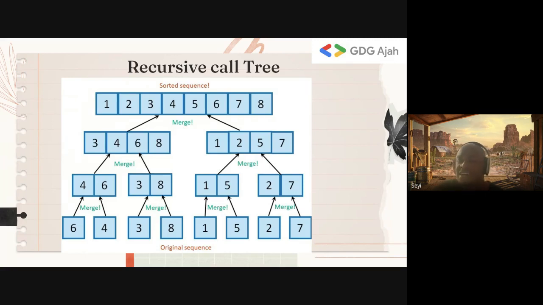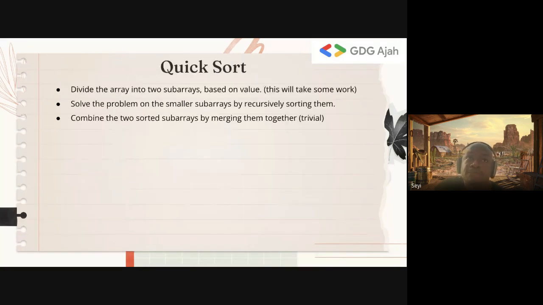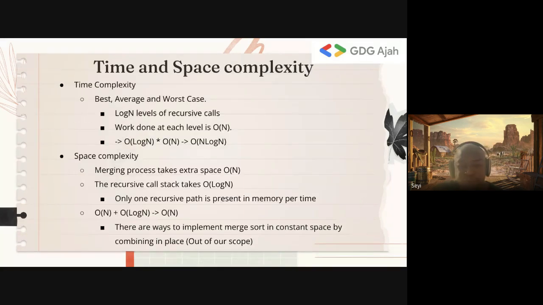So the key thing in divide and conquer is you are dividing the problem into multiple subproblems. You are not just reducing it. If you reduce it, then it's not divide and conquer, it's decrease and conquer. Okay. So that's it for merge sort. I know this is a bit involved. Any questions on merge sort?